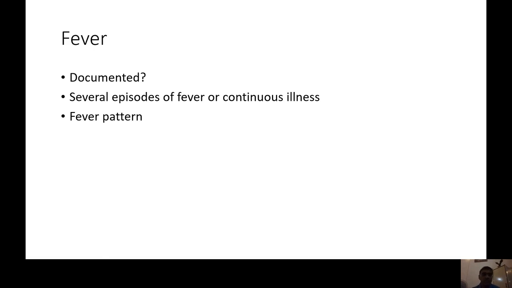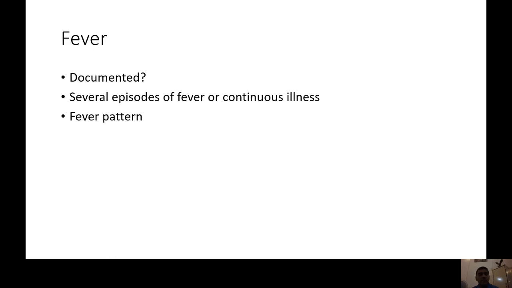Then we need to differentiate, is it one illness or is it several illnesses occurring with gaps in between, which is fairly common, especially among children who are attending nursery. So we call it pseudo PUO, although it appears like a pyrexia of unknown origin, that is fever going on for more than 1 week. It's actually 2 or 3 separate illnesses with the child being well in between.